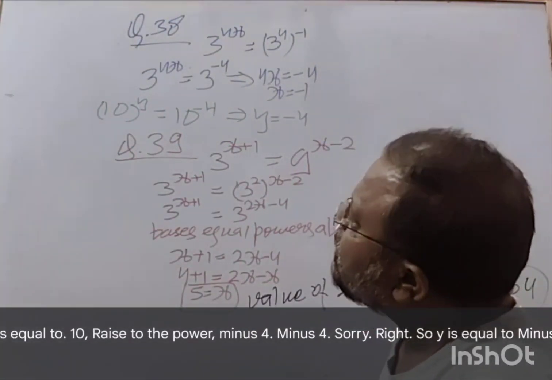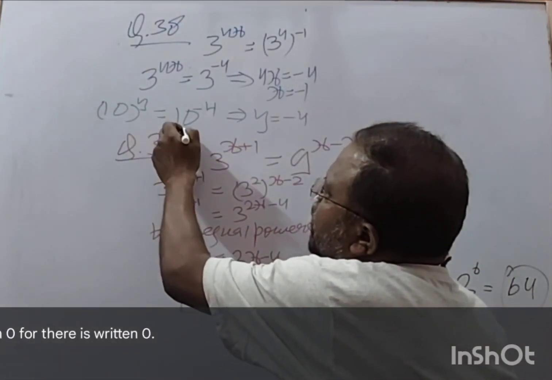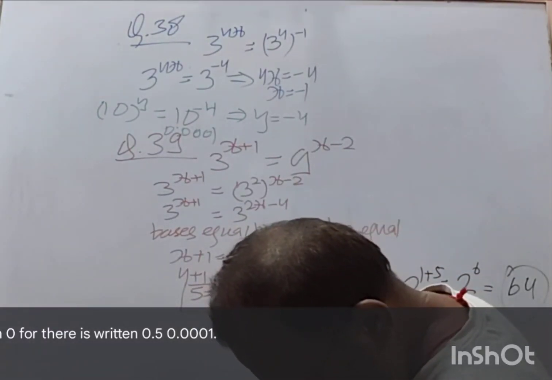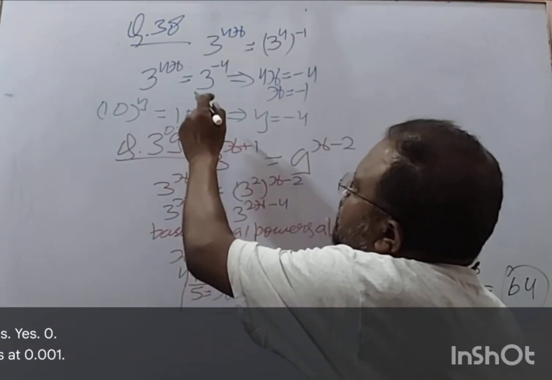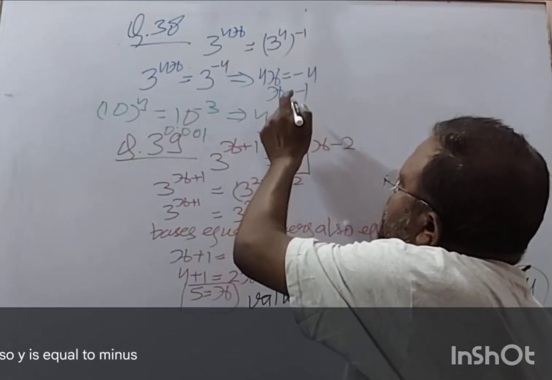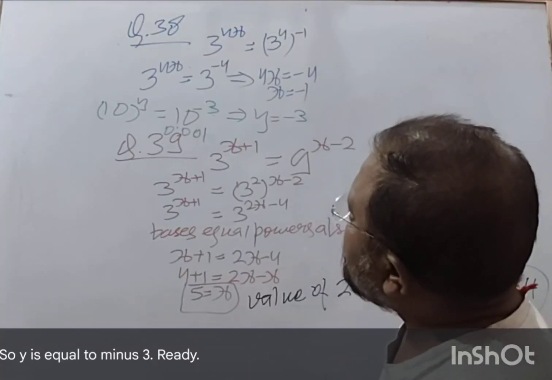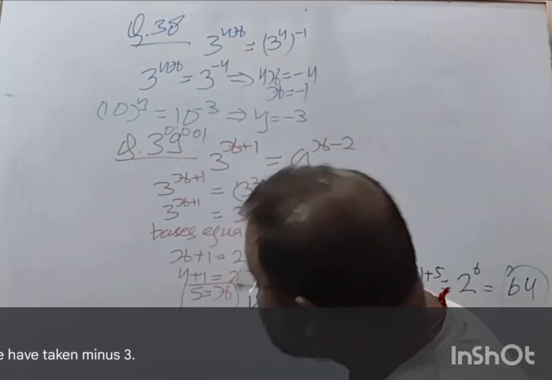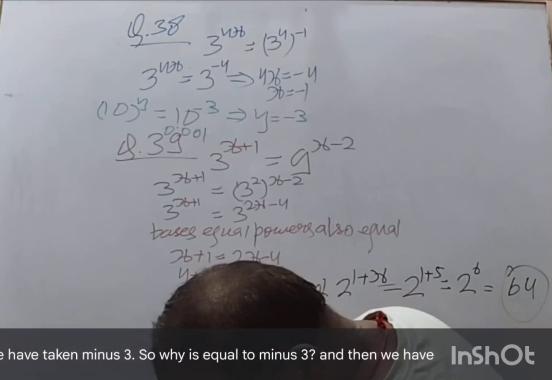You get this? It is written 0.000001, right? No, there are three 0 digits, 0.001. So it becomes 10 raised to the power -3. So y is equal to -3. Three digits are there, so we have taken -3. So y is equal to -3, and then we have to find out